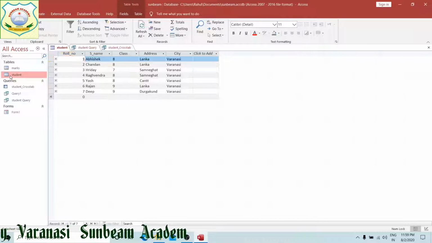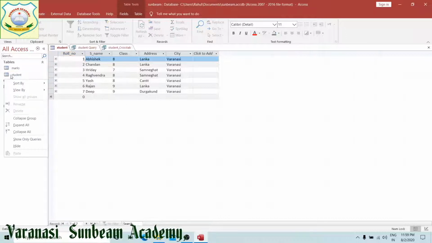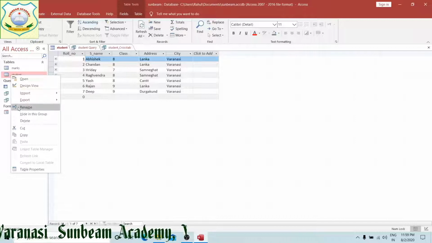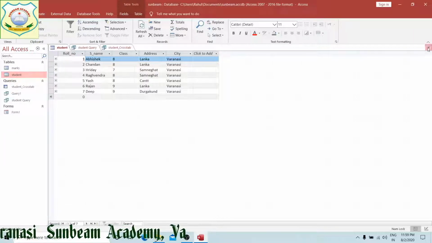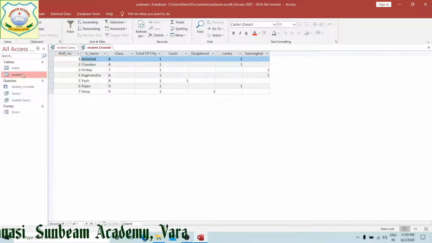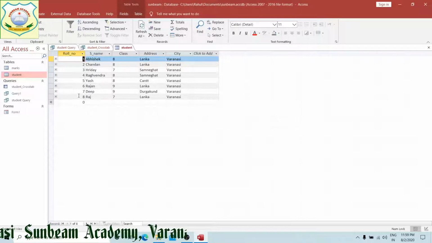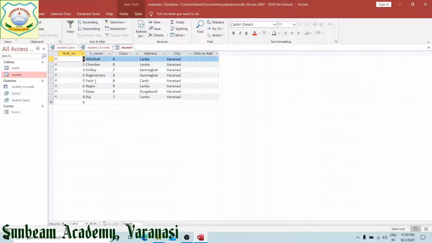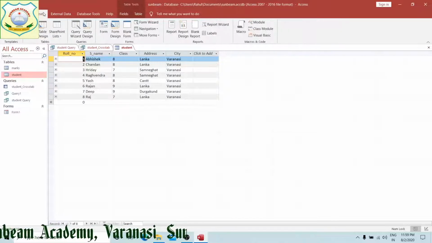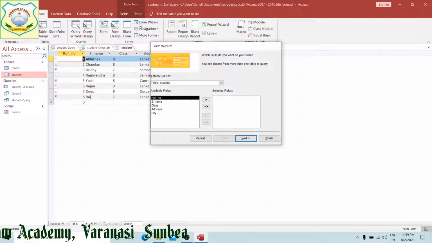Now first I am going to close this one. The eighth record has automatically come to your database table. Now in this way we can create our form using the wizard.